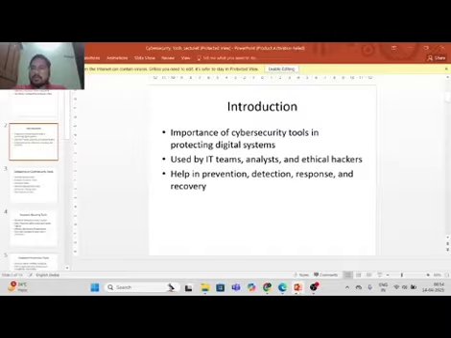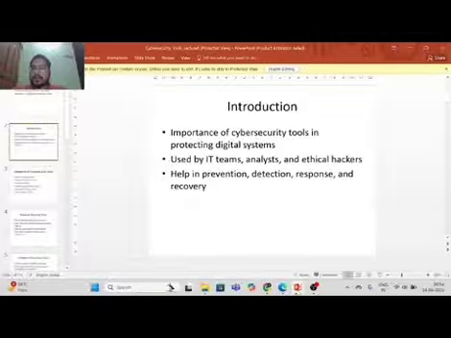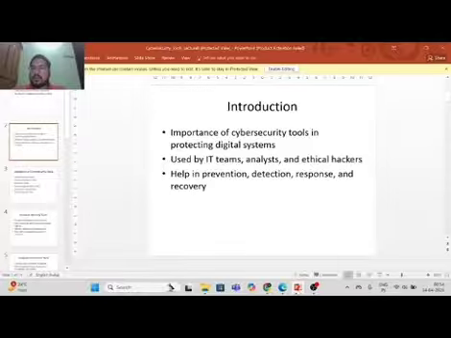Today we are going to explore something very practical and extremely important: cybersecurity tools and technology. Whether you are a student, aspirant, cybersecurity analyst, or just curious about how we secure our digital world, this class will help you understand the real-world tools that professionals use. So let's jump right